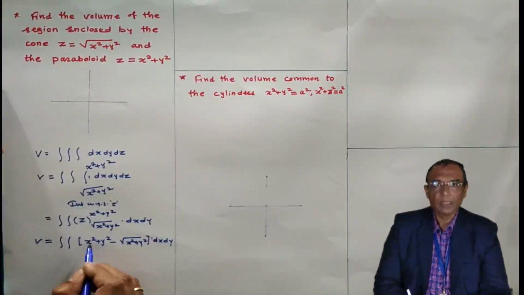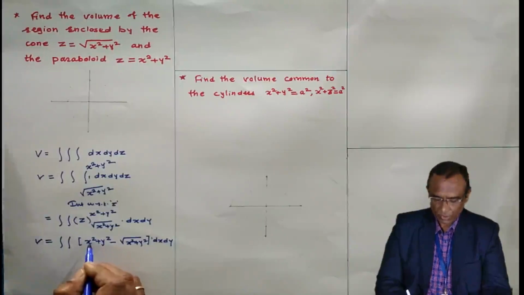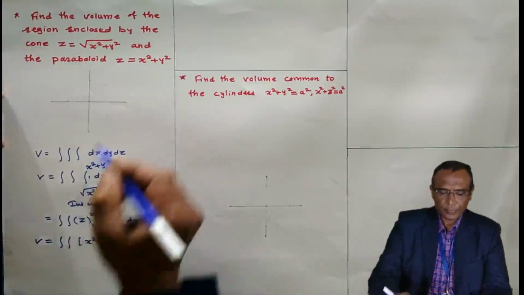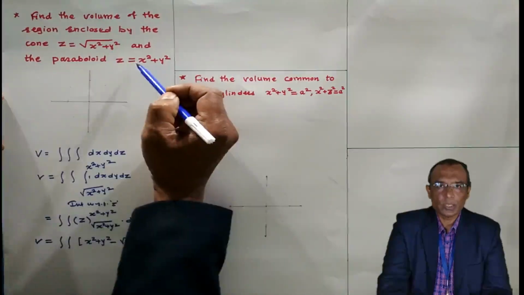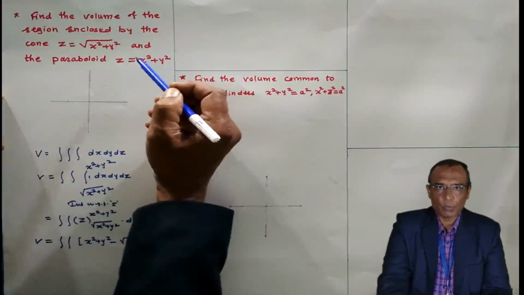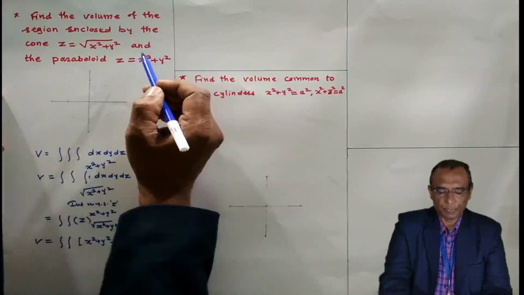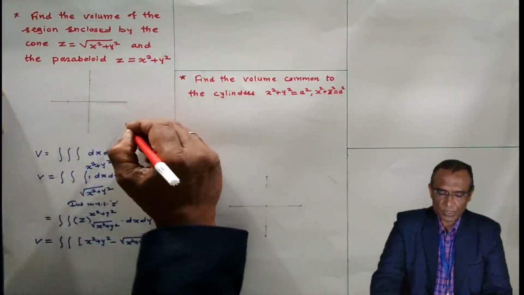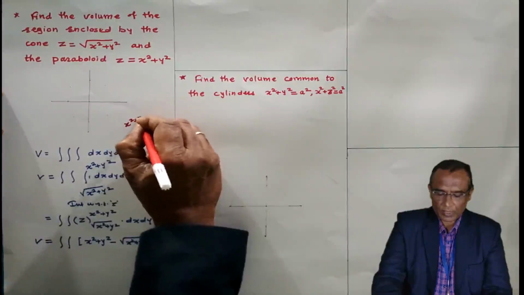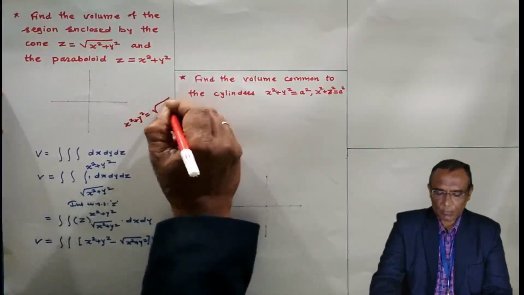How to solve the double integral and on which region are we going to solve the double integral? Here, I am going to take the projection of the enclosed region on the xy plane. On the xy plane, the z component is not there. Here I am equating these two values. The x square plus y square is equal to root of x square plus y square.